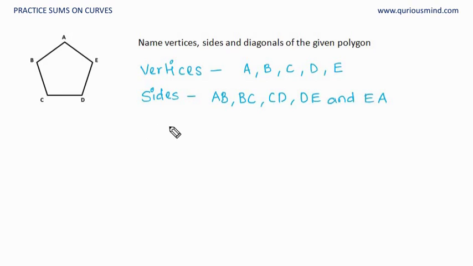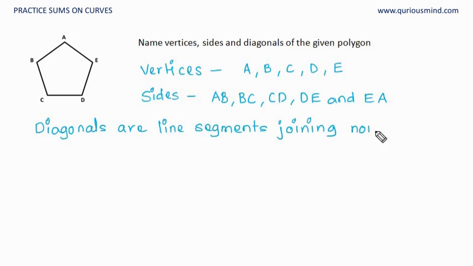Now the diagonals. Let's remember the definition of diagonal. Diagonals are the line segments joining non-adjacent vertices. Therefore, if A is the vertex, the adjacent vertices for A are B and E, so we will not join them. We will join the non-adjacent, so C and D. So if I join these,